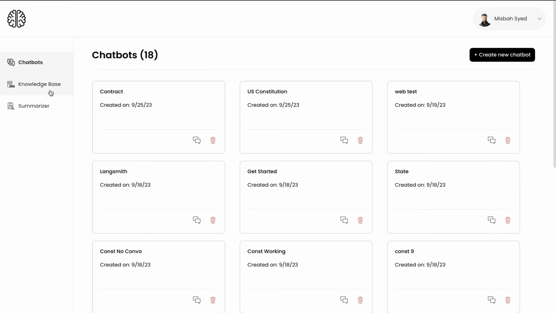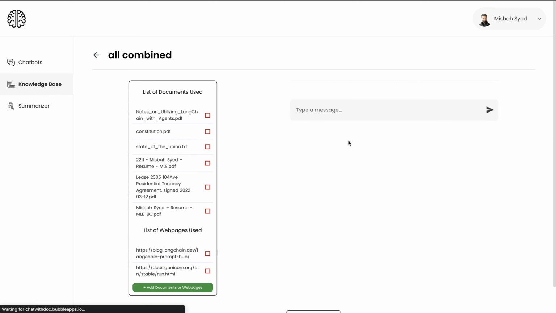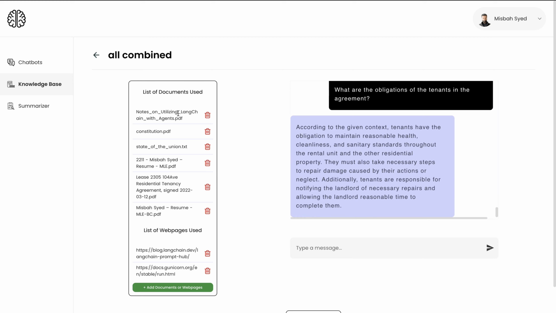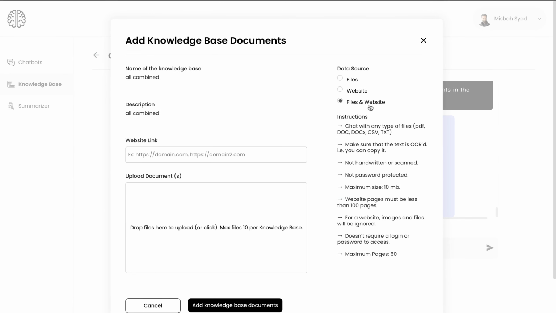There's also the option to create a knowledge base, which has multiple documents together. In this case, I have uploaded documents, I have uploaded some web pages, and there's also an option to add more of these. So you can upload files and websites together. All of the document formats that were mentioned before are also available here to be upserted and uploaded, together